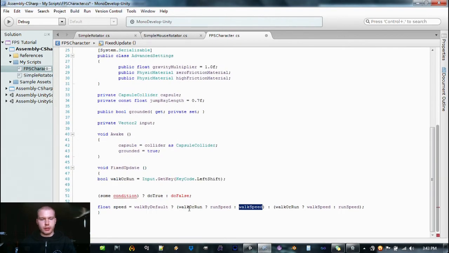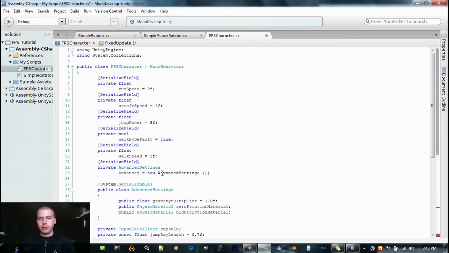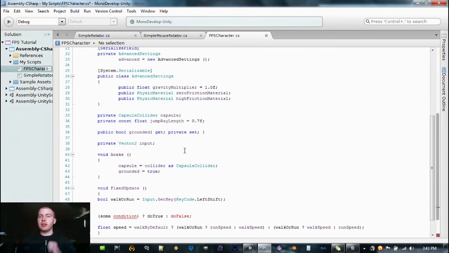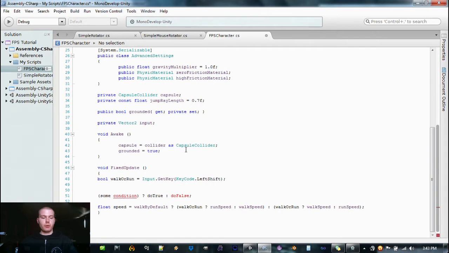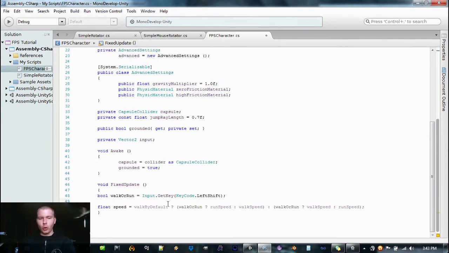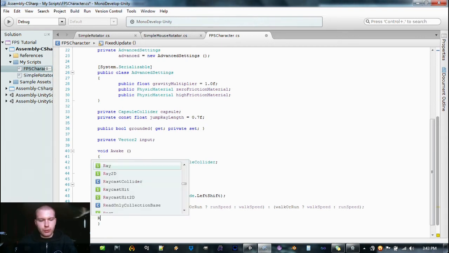If walk or run is true, if we're holding down the left shift key, we want the guy to run. If it's not held down, we want him to walk. Now if walk by default was false, that means we want to run by default. So when we hold the shift key, we're going to be walking instead. And if it's released, we're going to be running. Does that make sense? I hope so. Alright. So now that we have our running speed, we are going to create a ray,